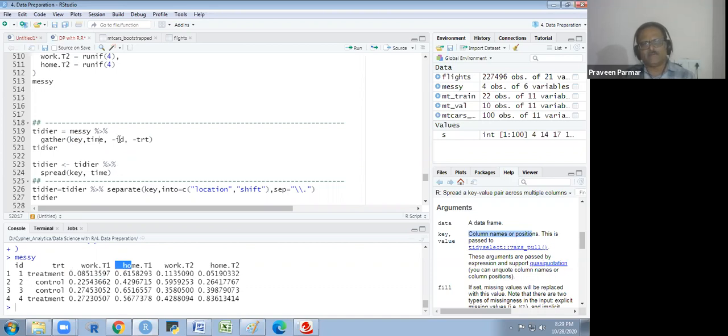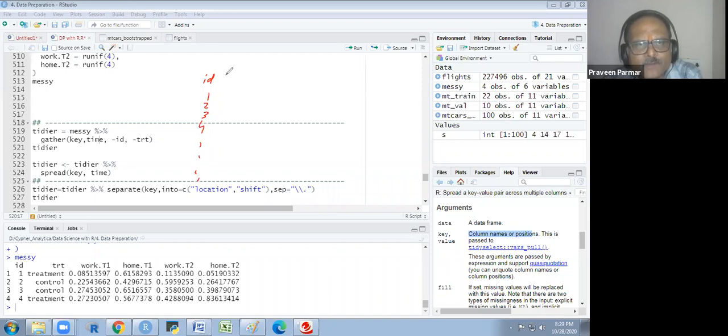But ID and treatment, I don't want to be like this. I don't want this to be gathered. So what columns will I get? I explain you first, you could better understand. I will get the ID as it is, 1, 2, 3, 4, 1, 2, 3, 4 in this way. It will repeat again and again.